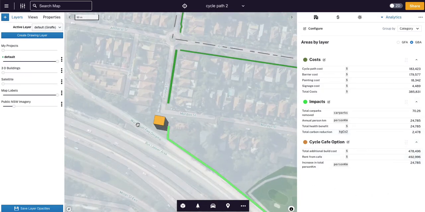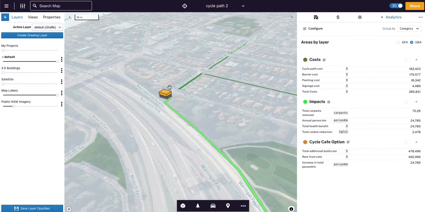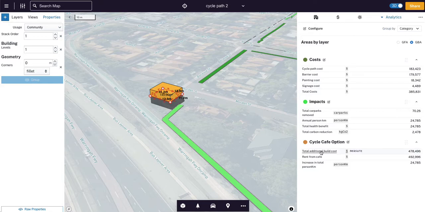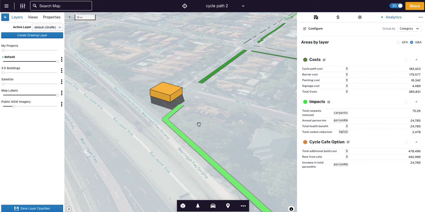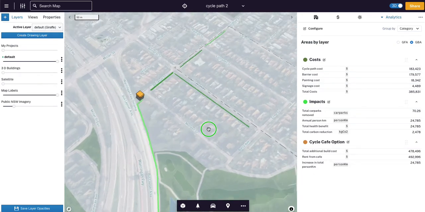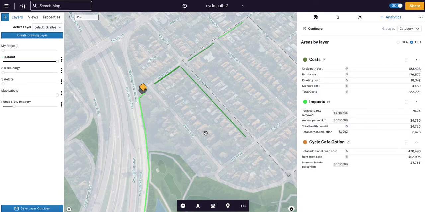And then I've also started modeling out additional sort of options. Like you can imagine, hey, if we put in a cycle cafe, it could cost us $500,000 to build it. We could rent it out for XYZ, probably not $500,000. That's a bit rich. And we can start modeling out impacts on the use of cycle infrastructure. So there's a bit of a toy model here, but it's demonstrating, I guess,